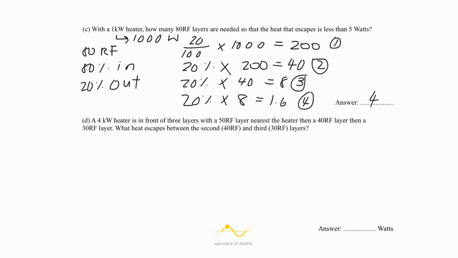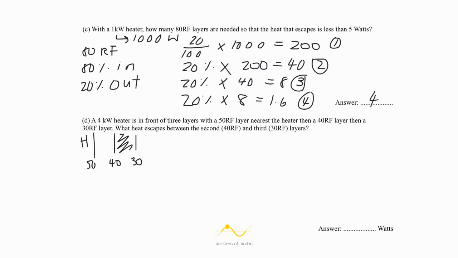A 4 kilowatt heater is in front of 3 layers, with a 50 RF layer nearest the heater, then a 40 RF layer, then a 30 RF layer. What heat escapes between the second and third layers? First, let's draw ourselves a diagram to make this easier to visualize. We have our 50 RF layer, then we have our 40 RF layer, and finally we have our 30 RF layer. The question is asking us what heat escapes between these 2 layers,